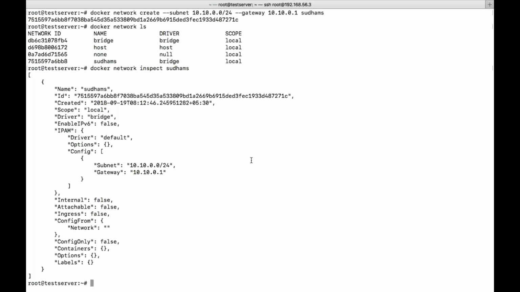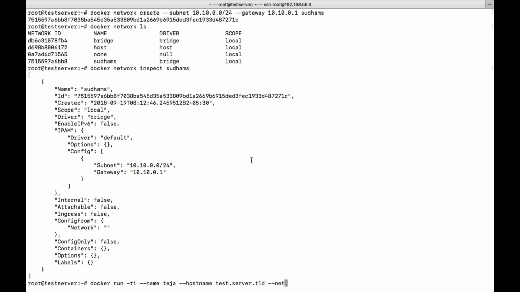Docker run -ti --name, let's say like, then --net.